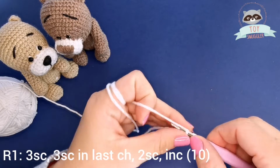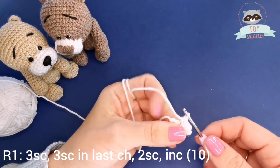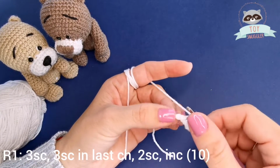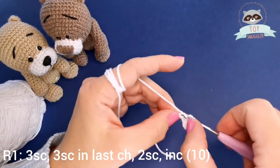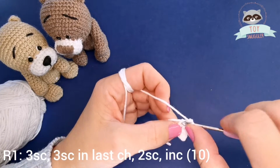One, 2, and 3. 3 single crochet into the last chain. So in here I have 3 of them. 1, 2,